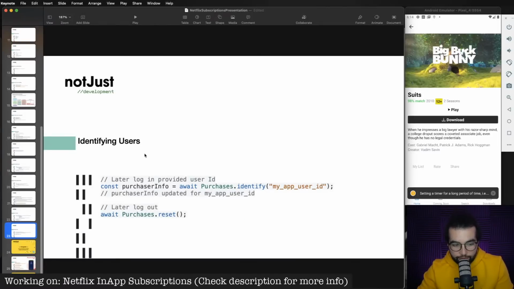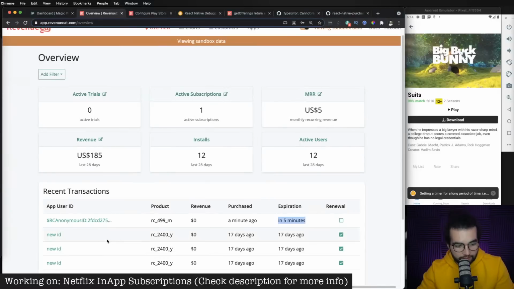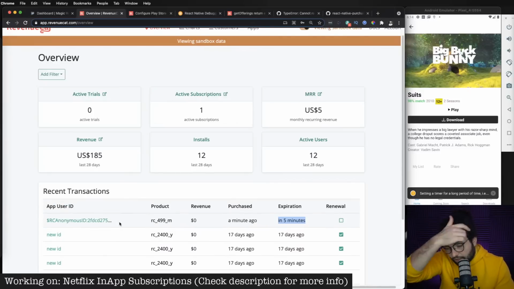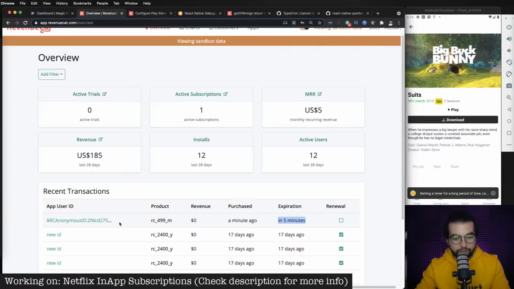Okay, identifying users in RevenueCat. RevenueCat will give each user a random ID. If we see here, it's called RevenueCat anonymous ID, followed by a random ID. This is okay if you don't need any details, or you don't need this mapping between users from your application and users that RevenueCat is tracking, then that's fine. However,